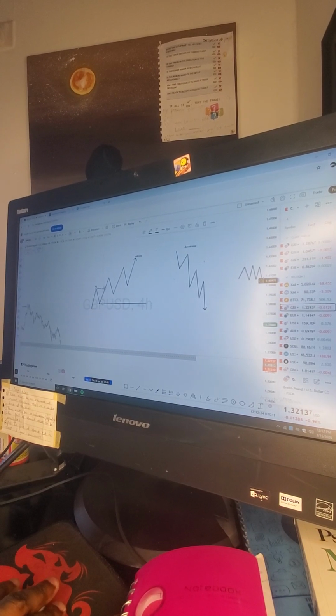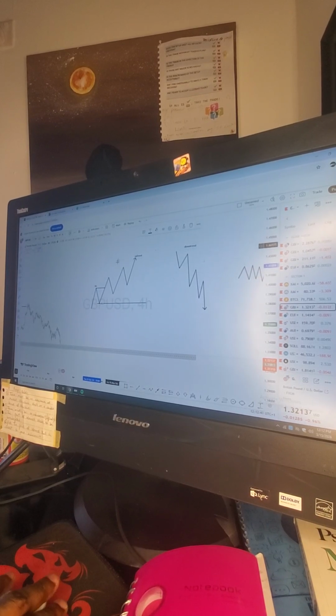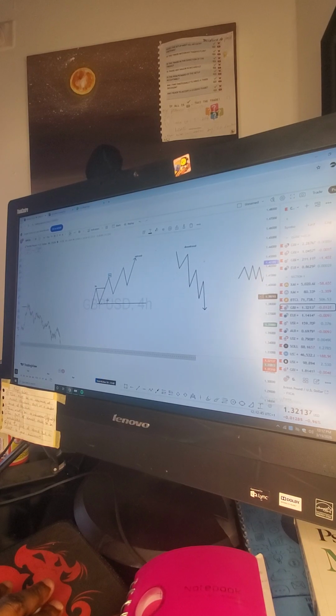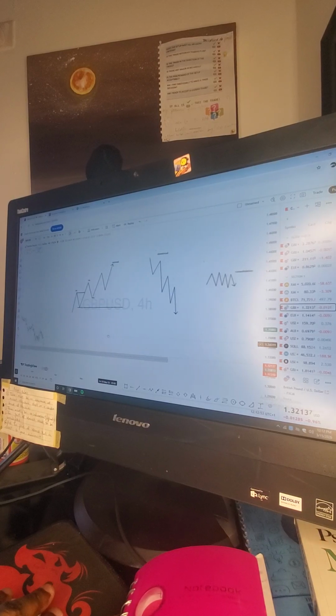Then the market will go again to create another high. That is a new what? Higher high. We have a new what? Higher high right here. Then the market pulls back again. What do we have? We have a new what? Higher low. So you have to know how to identify your higher highs, higher lows in the market. So if the market is creating series of higher highs and higher lows,